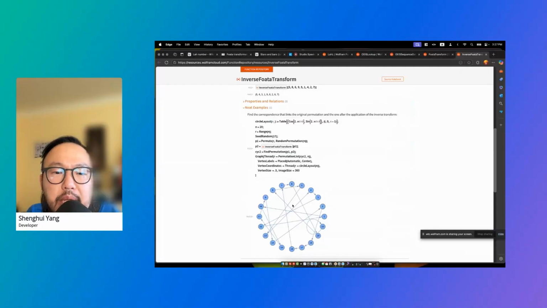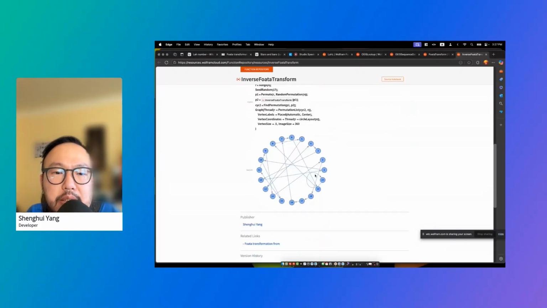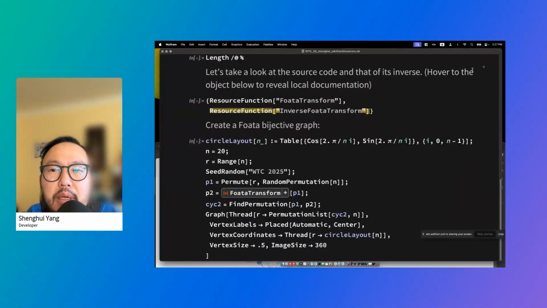If you have two random permutations, they have the same number of excedances and descents, so they should look like this. Basically, this is how they are related. Okay,